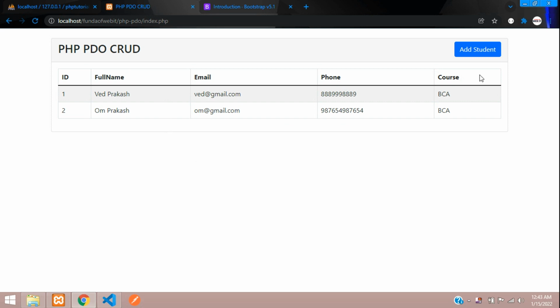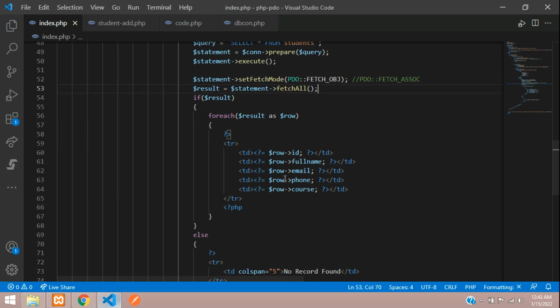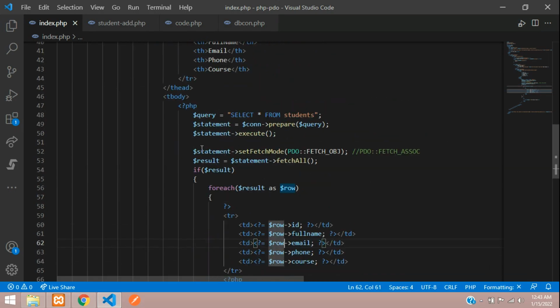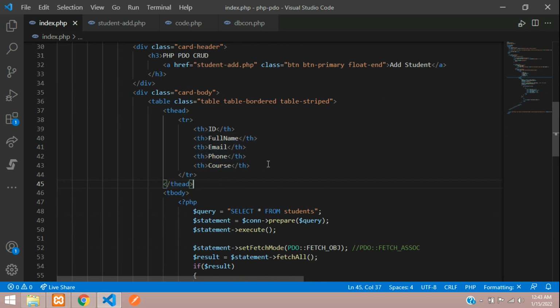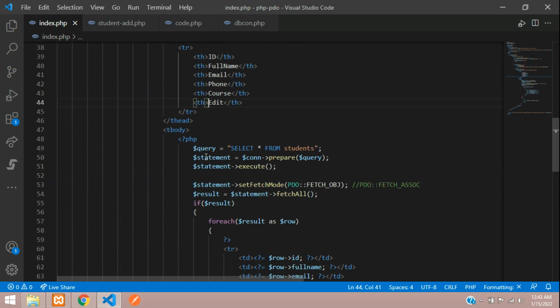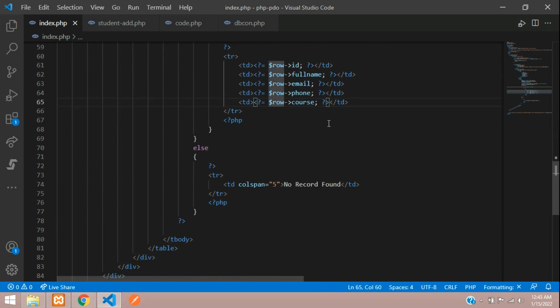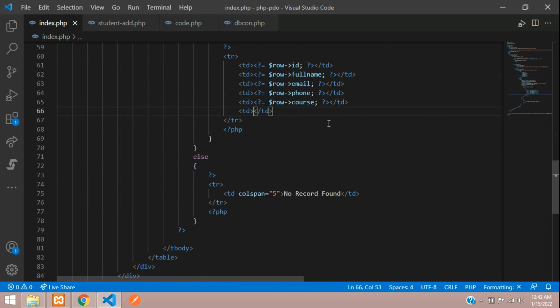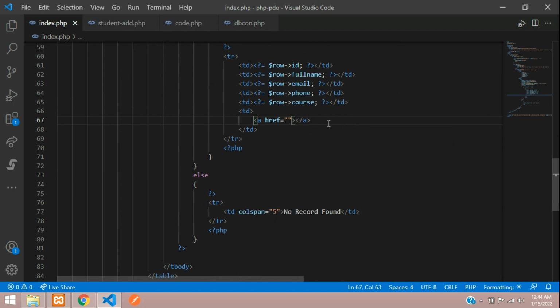So let's add one column with the name edit and one simple button. So let's get back, and here is our table guys. So this is our table head, and let's add one edit button, and here we go with the button option. Let's add a tag, and mention as edit. Let's design this button primary,